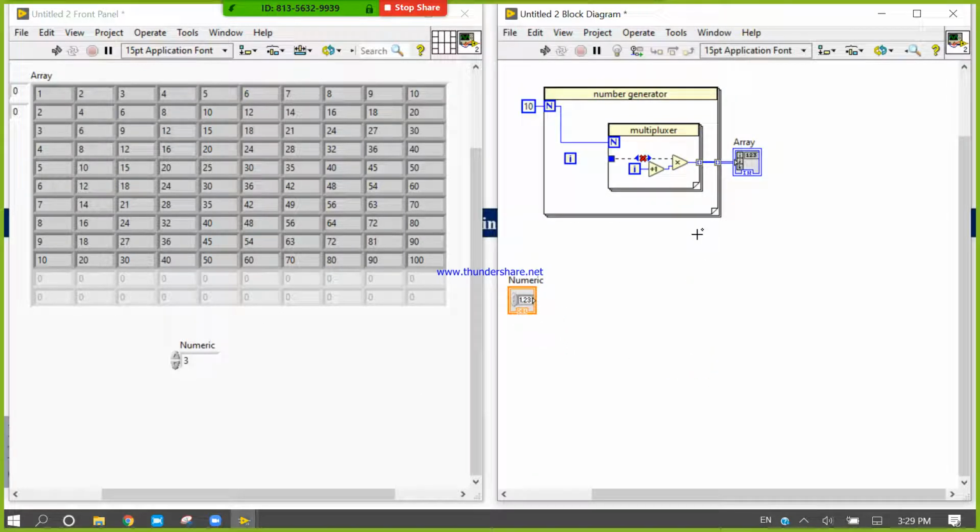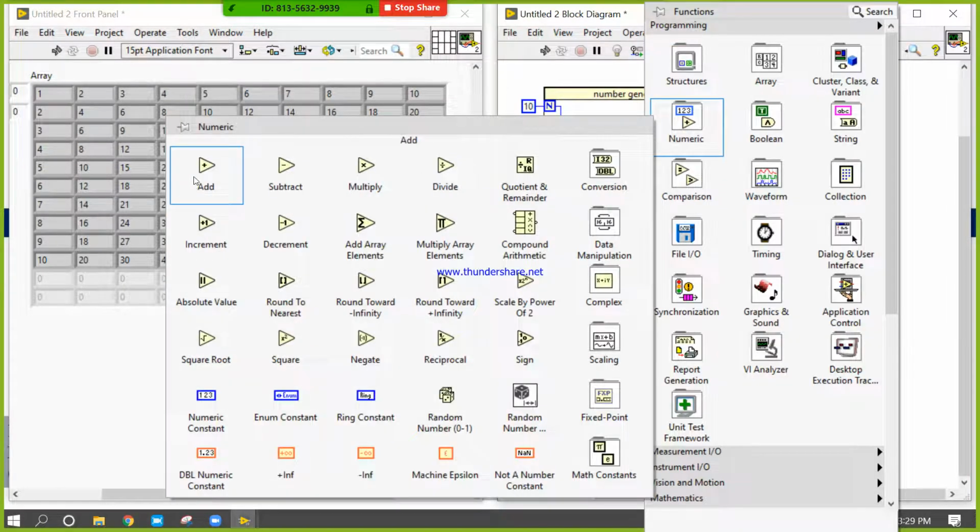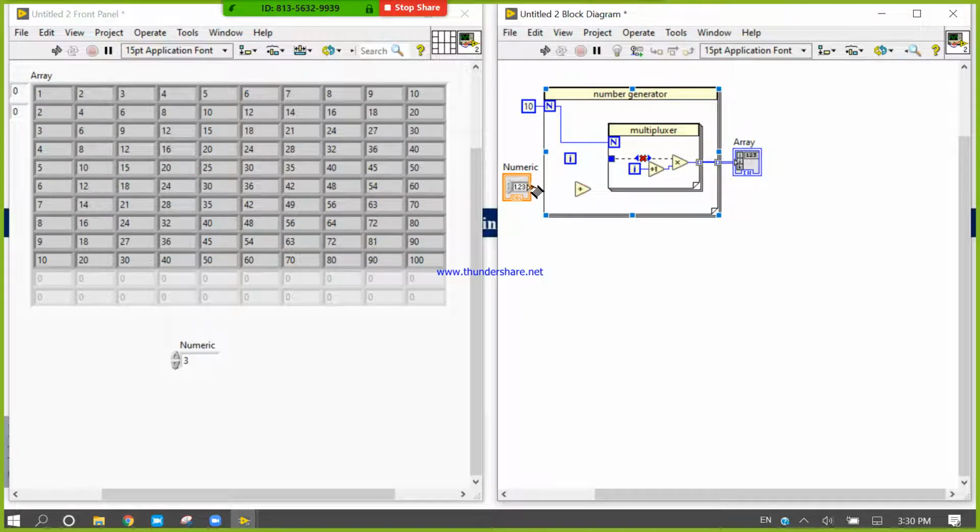Use this number here. Take the addition function and place it inside. Make a connection like this. Okay, after that break this one.